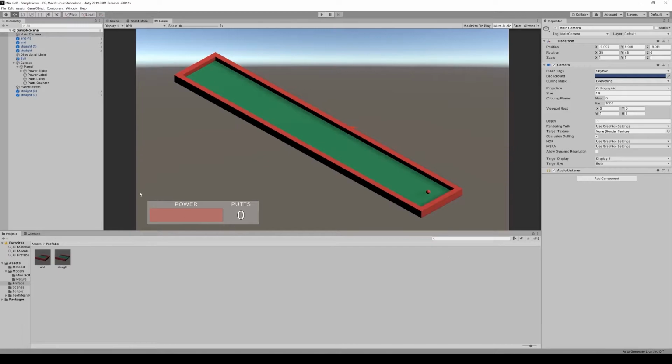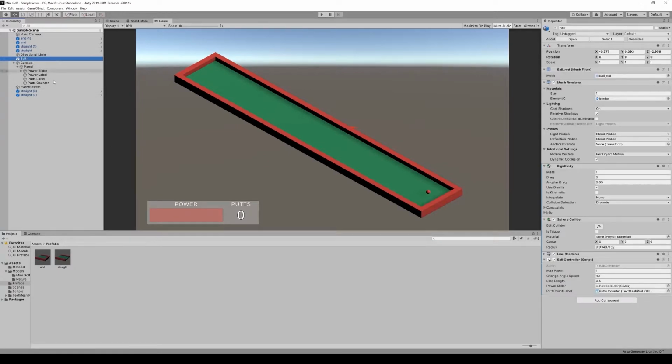There are two components to the physics of the ball. There's the rigid body, the drag of the rigid body, and also the actual physic material, which will have your friction. So starting off with our rigid body,